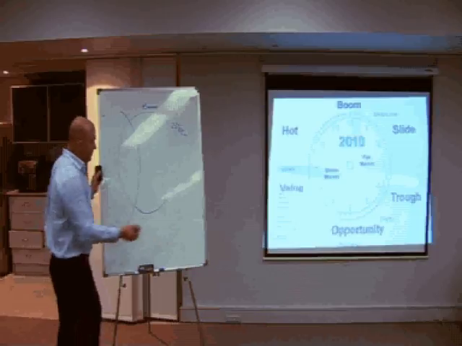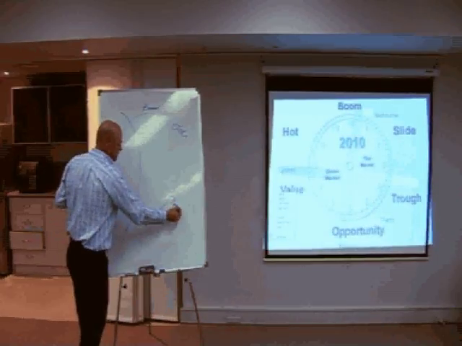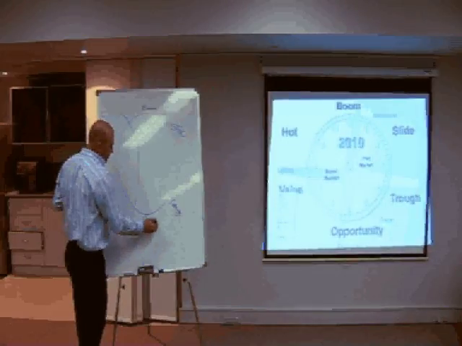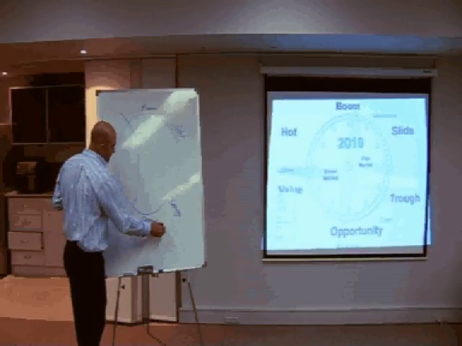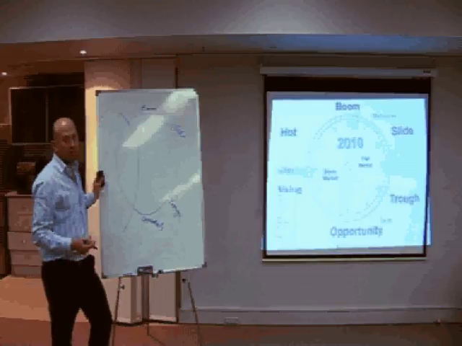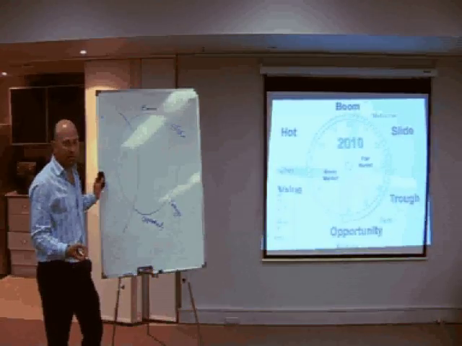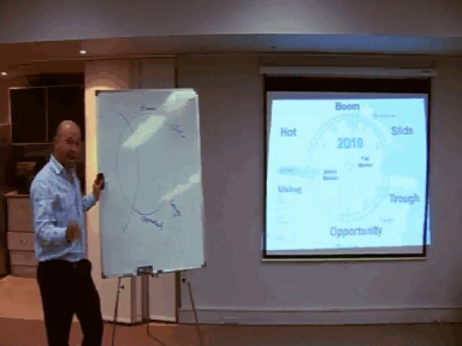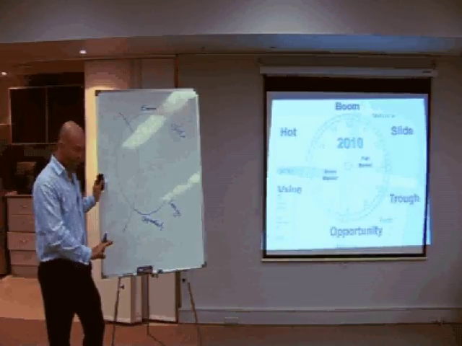What about in a market which is going through a bit of a slide? Absolutely not. Markets trough and they reach the bottom. And this is called opportunity. Opportunity markets are risk markets. Why are they risk markets? Because quite often you don't know when they're going to leave opportunity or how long they're going to sit at the bottom of the market.